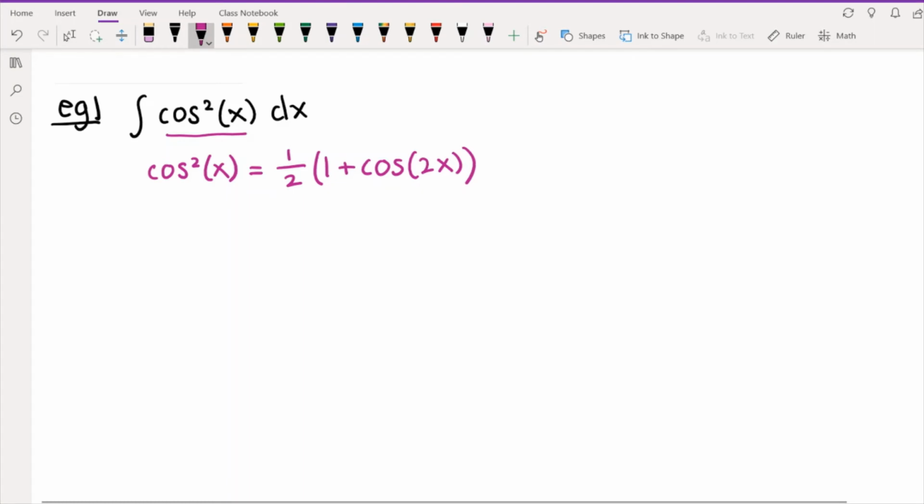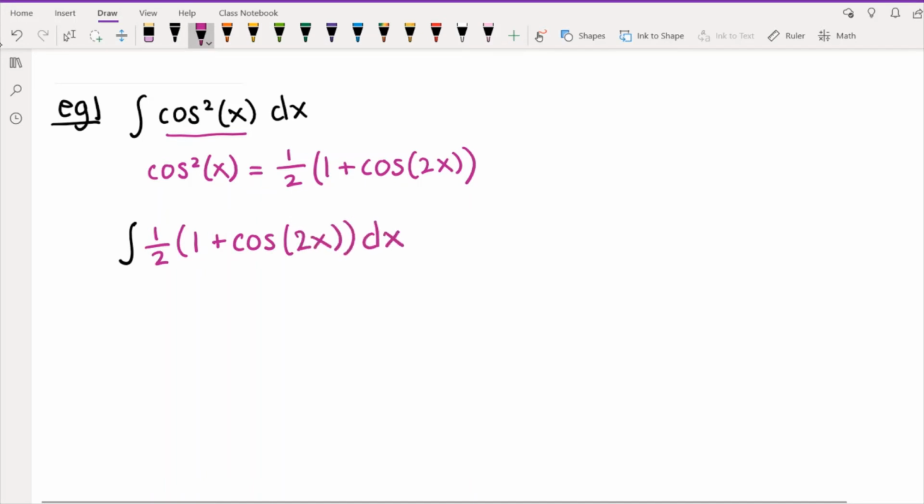So by the way, why would we use this formula and not the Pythagorean formula? Well, the Pythagorean formula would just replace cosine squared with sine squared, which is just as bad. The advantage of this formula is that it gets rid of the exponent, right? It brings us down to something that does not have an exponent so that we can actually find the antiderivative. So now we have the integral of 1/2 times 1 plus cosine of 2x